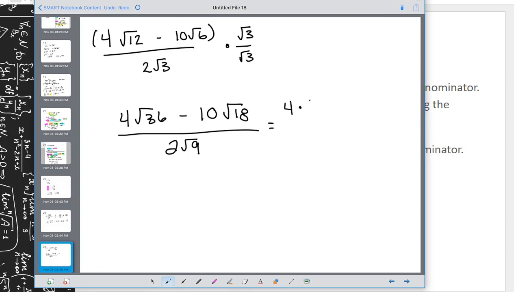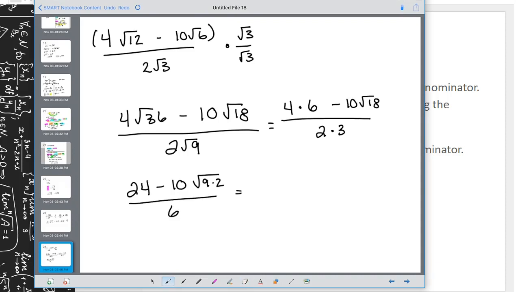4 root 36 will actually equal 6 minus 10 root 18. I think that root 18 will be able to be simplified after. 2 root 9 is the same as 2 times 3. 4 times 6 is 24 minus 10 root 18. Let's break that 18 down into 9 times 2 all over 6. 24 minus 10 root 9 times root 2 is root 3 times root 2 all over 6. 24 minus 30